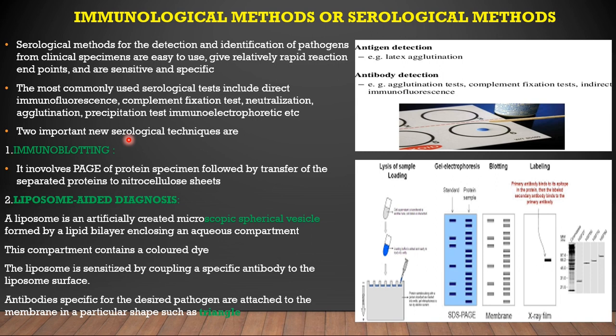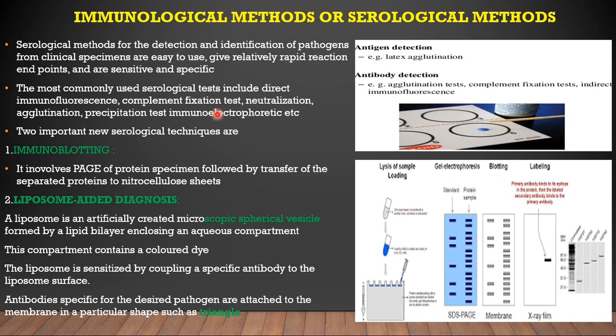No single technique is universal. Remember this one. That means no single test is going to be universal or applicable for measuring an individual's immunological response to all microorganisms. So techniques are chosen based on their selectivity, specificity, ease, that means how freely we can use it, speed of performance, and cost effectiveness. Based on this only we are going to perform the test.